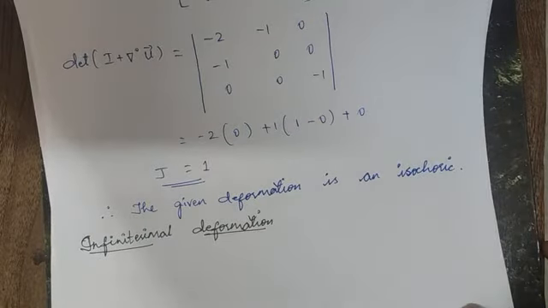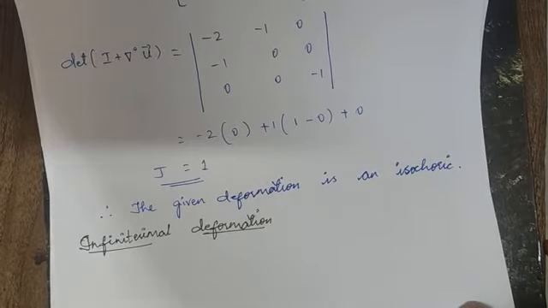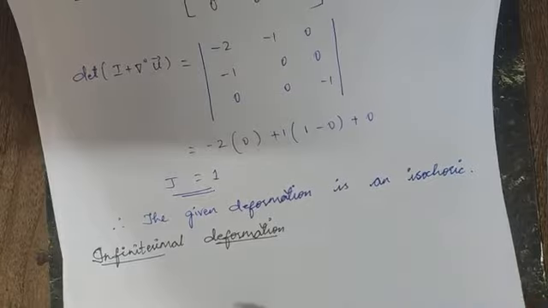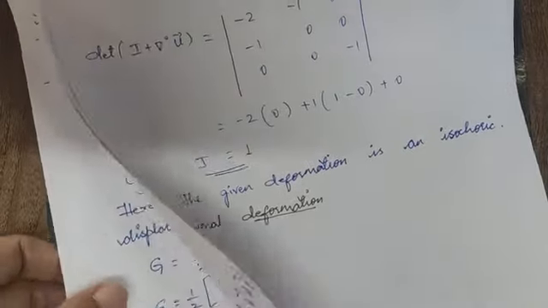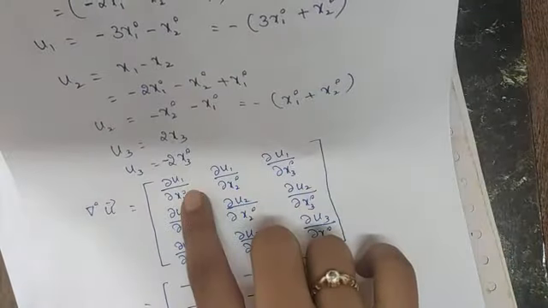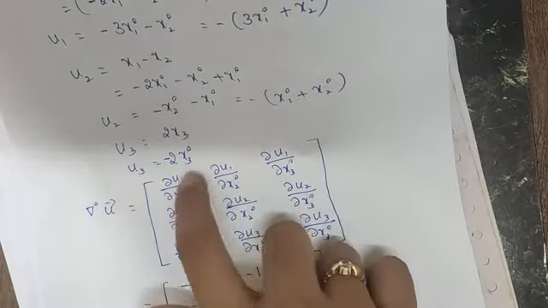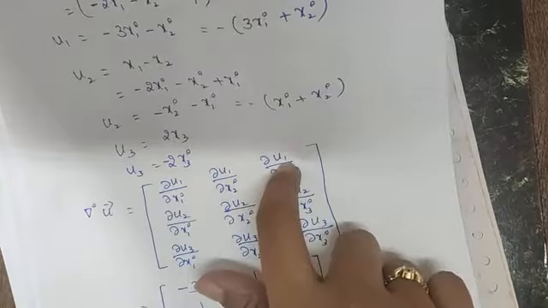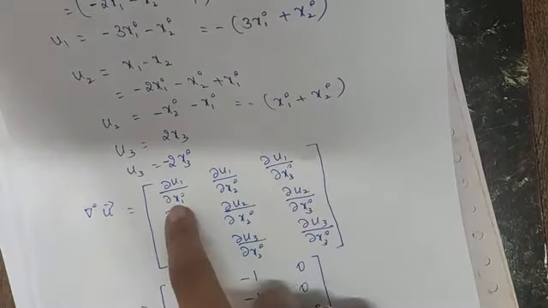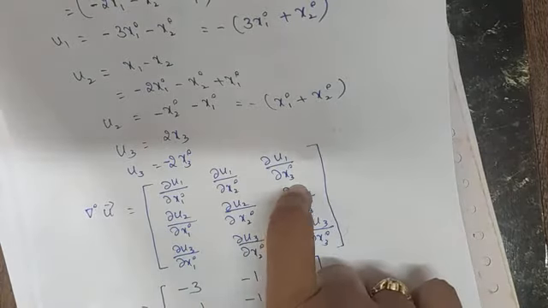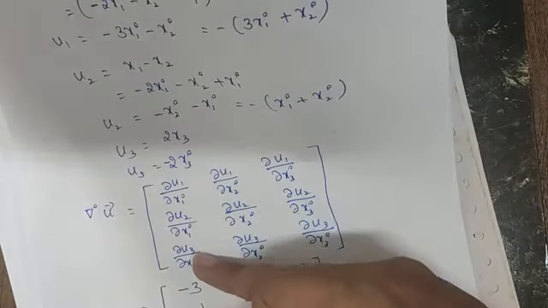The next type of deformation is infinitesimal deformation. Okay. This deformation is such that you will take partial derivatives of your displacement, correct? You can observe here. So here what I have done, I have taken the differentiation of your displacements. u1 here is one of the displacements. So I have taken the derivatives of that displacement with respect to x1 naught, x2 naught, x3 naught. Similarly for u2 as well as u3.